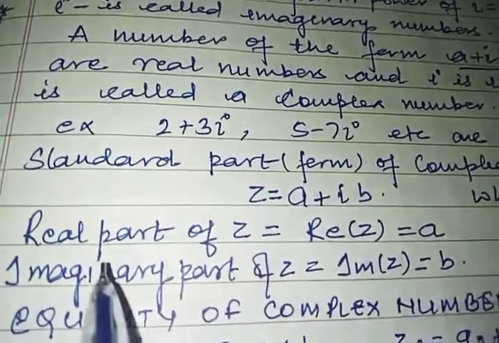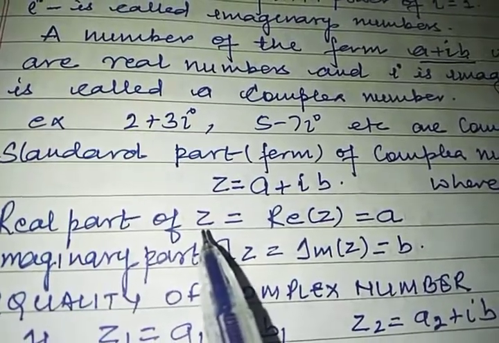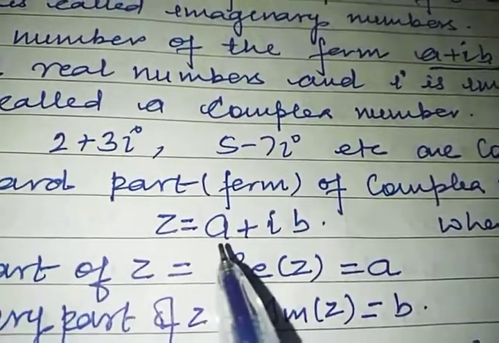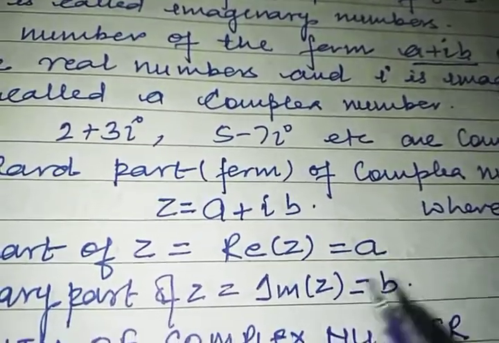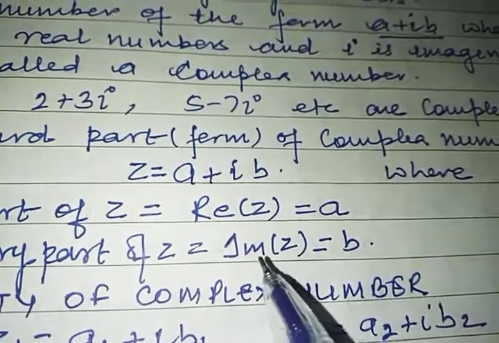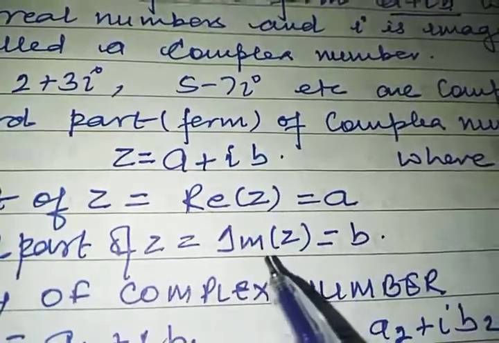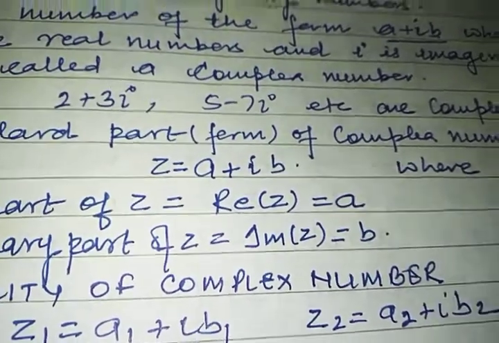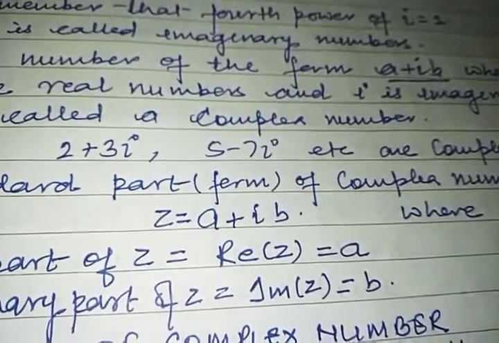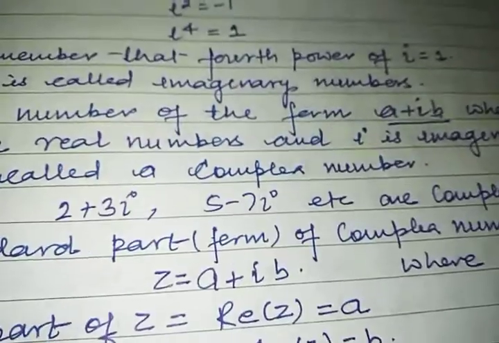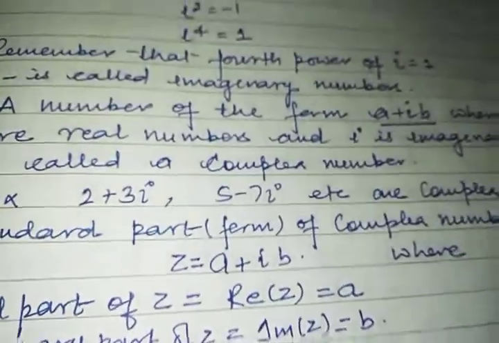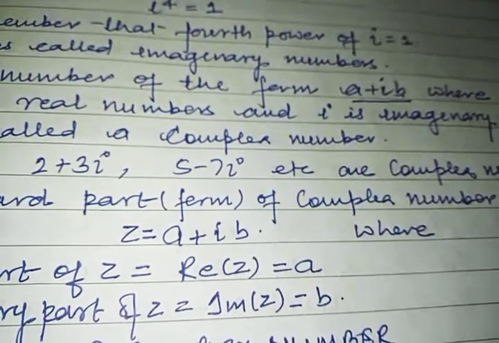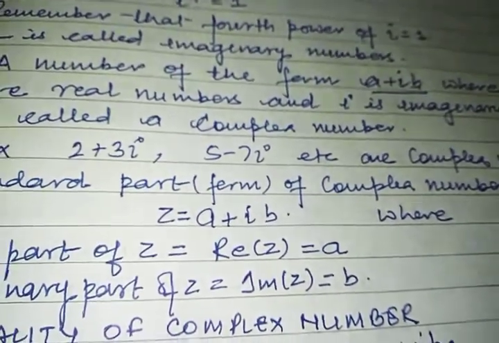So we have a few things. Real part of z, that is Re z, is equal to a. See, this is totally real. And since here i is there, the imaginary part, Im z, is equal to b. Okay, so this was the real and imaginary part. Now you see, we have crossed the set of real numbers into the set of complex numbers. So the set of real numbers will be contained in the set of complex numbers only. Now the biggest set of numbers will be the set of complex numbers.